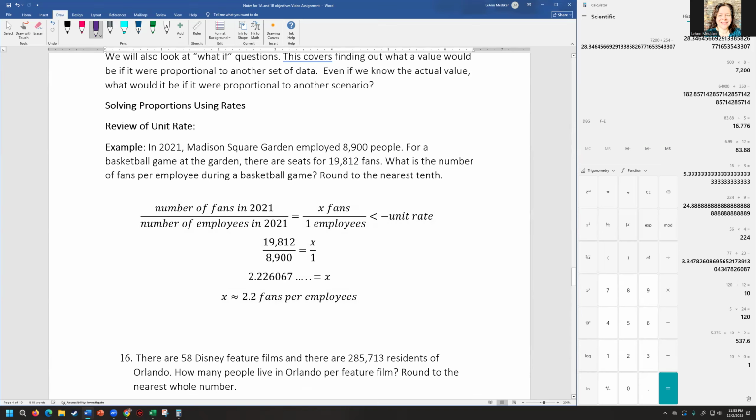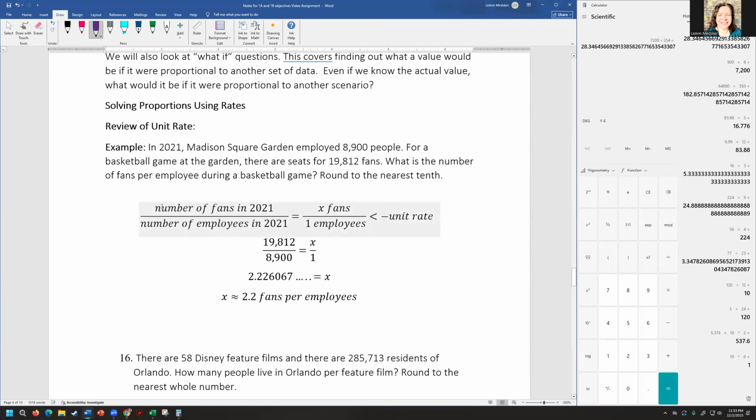What is the number of fans per employees during a basketball game? So notice I'm putting fans over employees, and I'm doing that for 2021, 2021. So number of fans in 2021, number of employees in 2021. And they're saying, what is the number of fans per employee? So they're thinking, what if I just had one employee? How many fans would they be